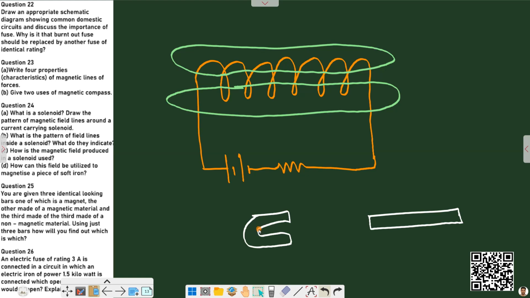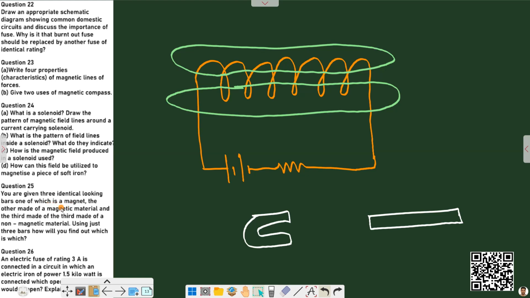The magnets we find in nature have a very weak magnetic field, which has no practical application. So to make magnets of practical application, we make use of a solenoid and soft iron bars to make magnets of desired shapes. Now, moving to question number 25, you are given three identical looking bars, one of which